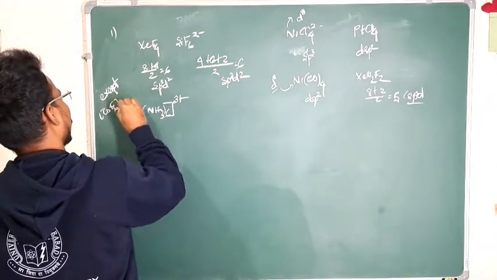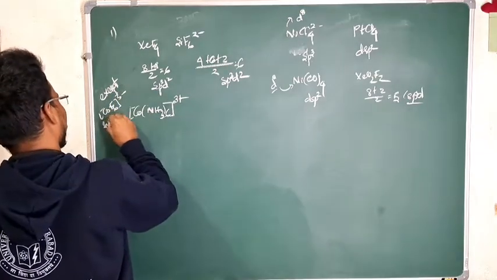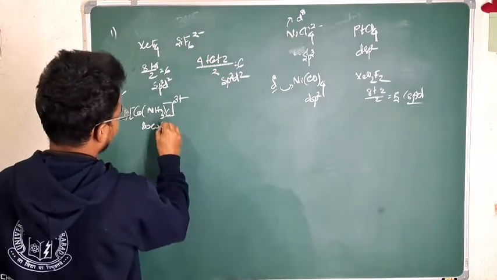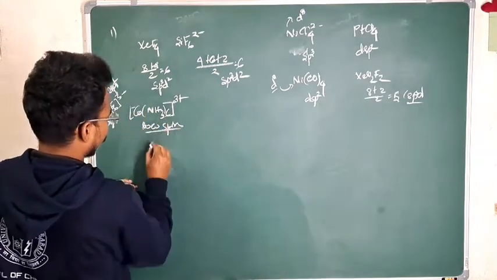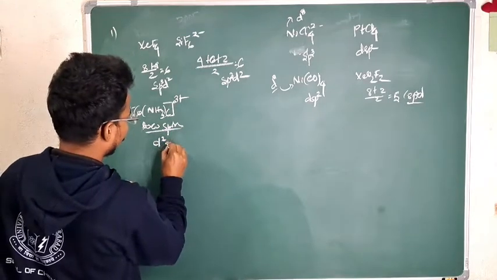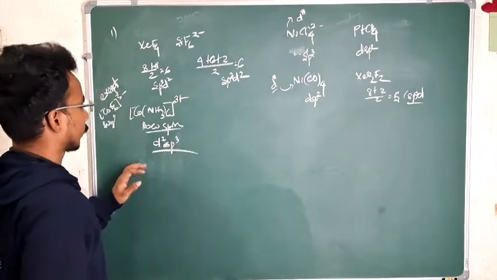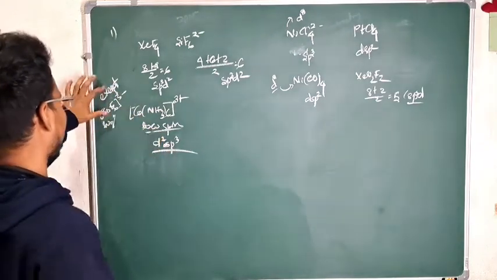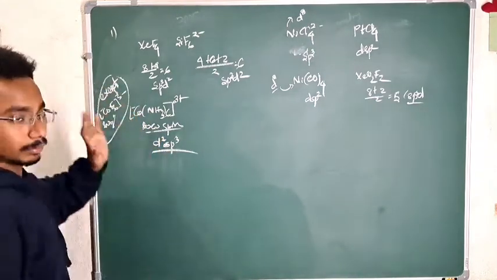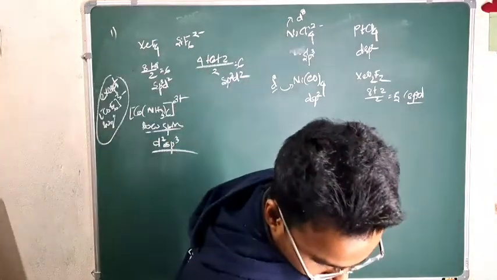It is a high spin complex. Low spin means d2sp3 will come. Understand? Every Co3+ complex is a low spin complex. Remember this thing, and the exceptional one is CoF6 3 minus, and another complex is